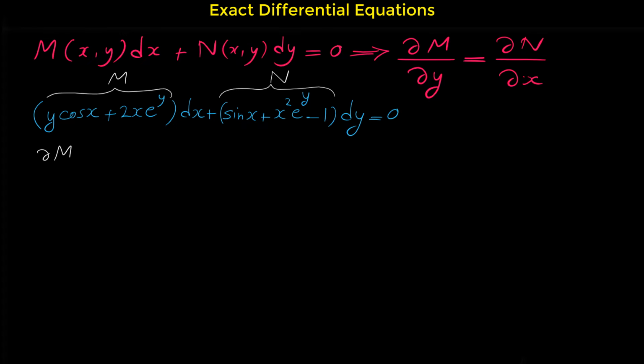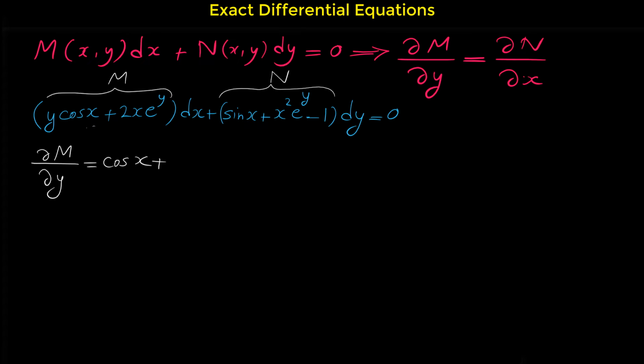The partial derivative of M with respect to y is cosine of x. Note that for finding the derivative of this expression with respect to y, we consider cosine of x as a constant and we just take the derivative of y because we are taking derivative with respect to y. So we consider cosine of x as a constant and the derivative of y is 1. So 1 times cosine of x is cosine of x